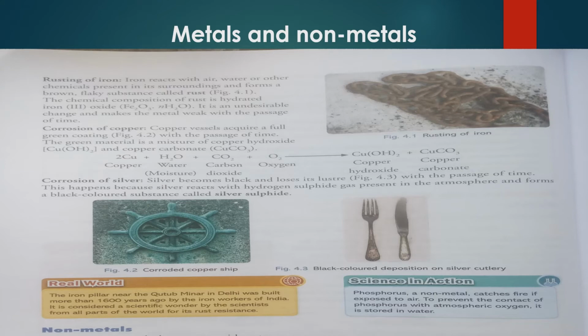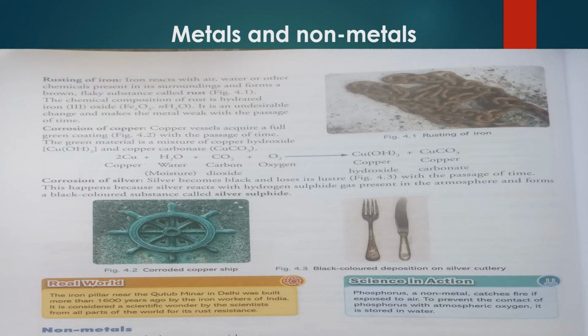Rust is a compound, remember, which makes a layer over the iron. Actually, what happened in this case is that iron reacts with oxygen present in the atmosphere and moisture, meaning water particles, then